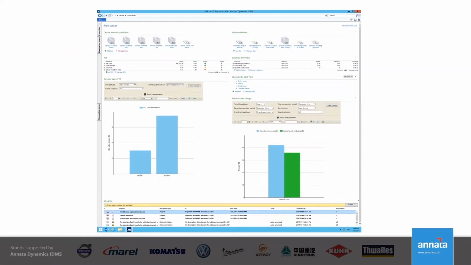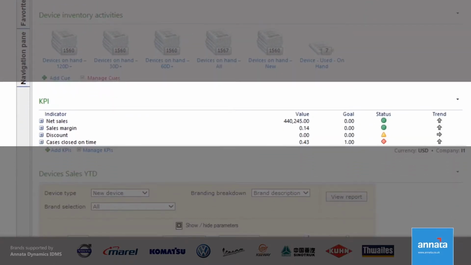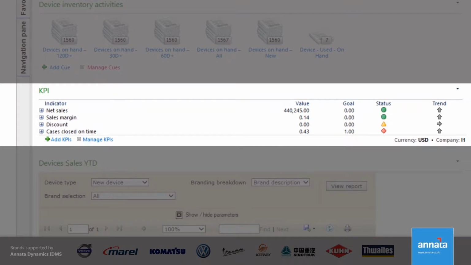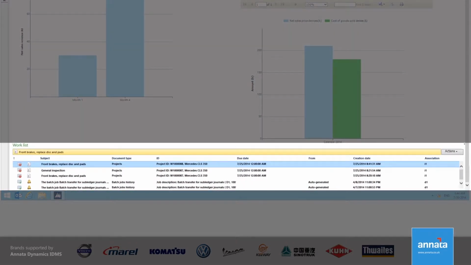I use the Role Center as my dashboard, as this gives me access to the parts of the system that I need as part of my day-to-day work. The cues at the top of the Role Center give me direct access to the forms that show me what is happening in my part of the business. As an example, I see the number of devices that are on hand and how long they have been in stock. Just below the cues, the KPIs display real-time information relating to the performance of my department. The reports also help me to track what's happening in my business. Right at the bottom of the Role Center, the Alert section highlights the most urgent tasks that I need to